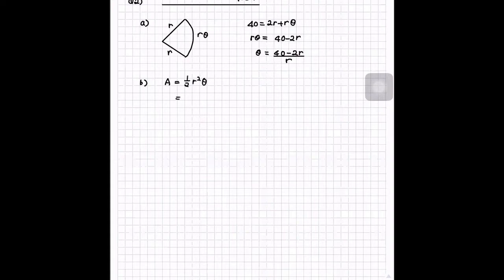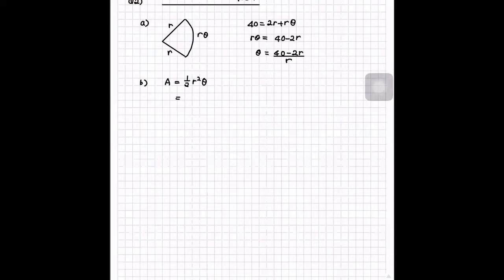There is no way you can express in two unknowns like this. You have two variables. One is R, the other one is theta. So you can never do that when you are doing practical problems. You have to always make it into only one variable. Why? So that it is easy for you to differentiate. You cannot be differentiating two variables. You cannot be having two wives. It's very difficult for you to manage.